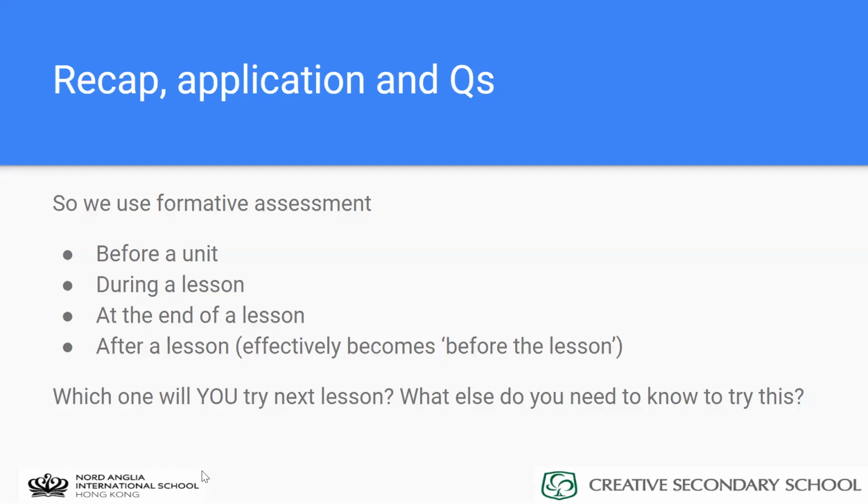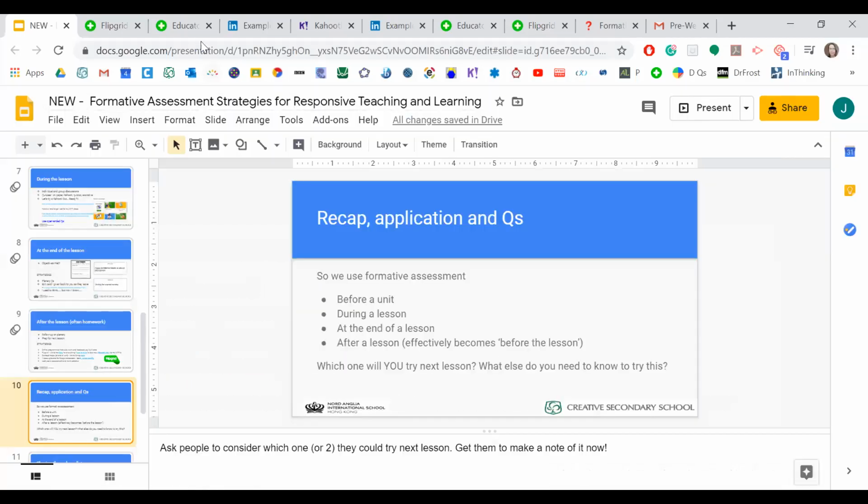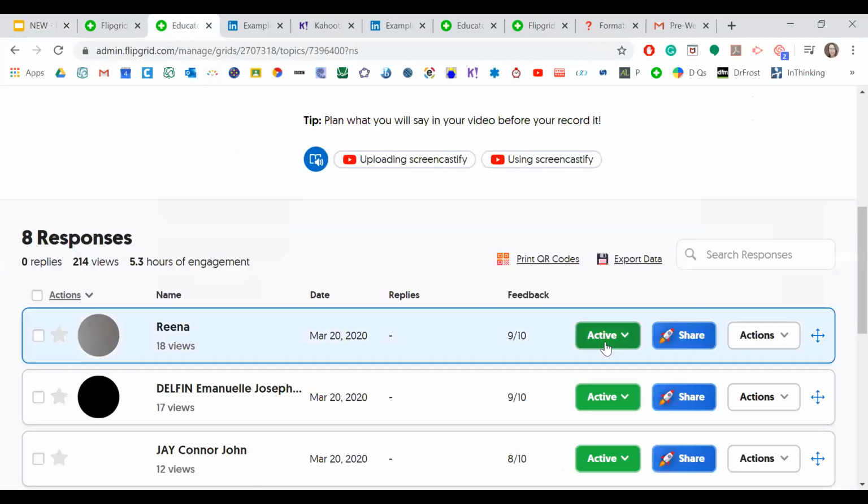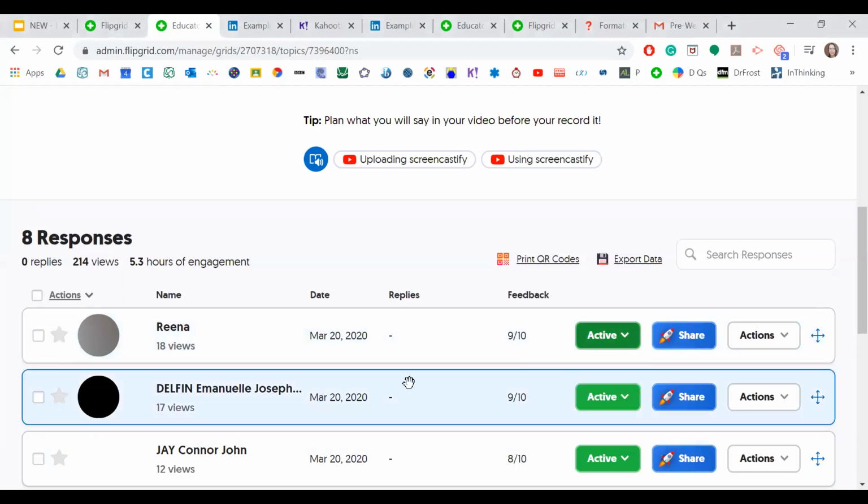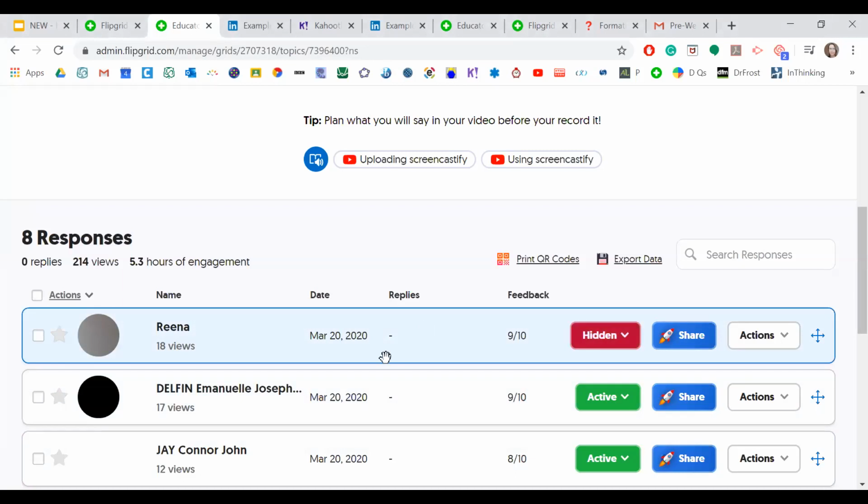What you can do, if you are very quick, with all those green buttons, if I just go back into that, you can make it frozen. You can turn it from active to hidden, and then the other students can't see it. Okay, perfect. That's the only way I found.